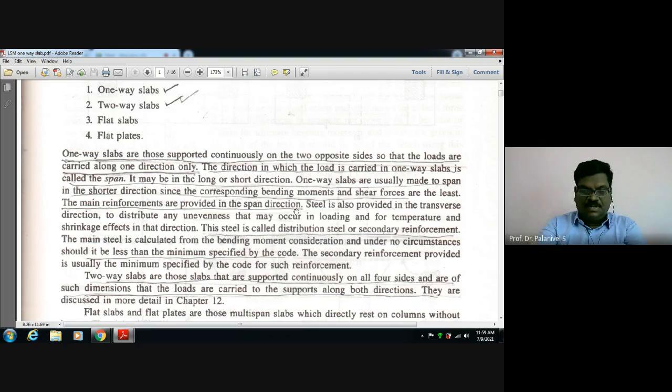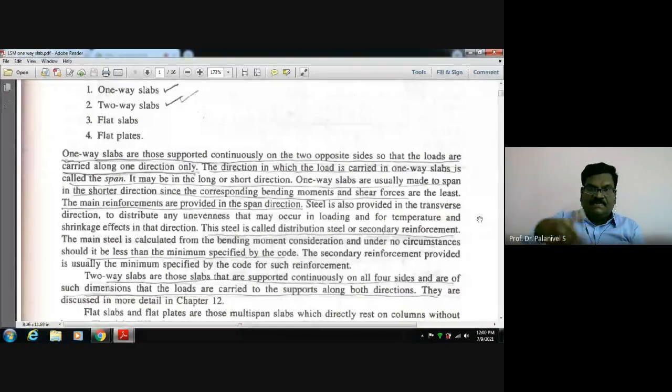Just to visualize it, you put books and put a chart paper on them, just like a slab, simply supported. Take some sand and spread it on the sheet, like a uniformly distributed load. Spread it on the chart paper, which is simply supported on the walls on all four sides. Now you are able to visualize that the slab will sink, bend.